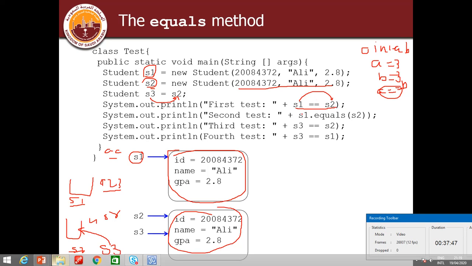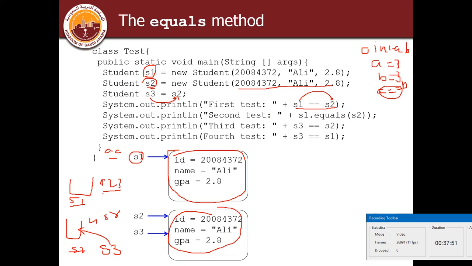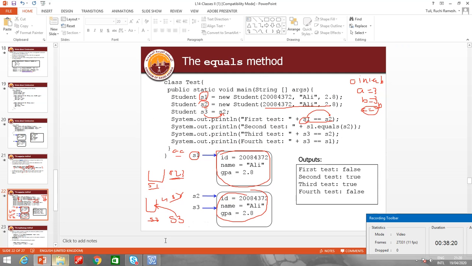When it compares S1 equals S2 by using the equals operator, it is comparing the addresses. Maybe they have different addresses. So what will it result in? It will result in false, because their addresses are not the same. Object S1 has been allocated one address, and object S2 has been given a different address.